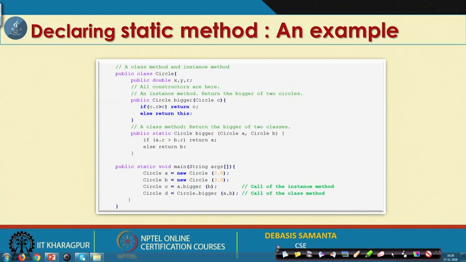Now, let us see one example in the main method. It can clarify how the two methods, the instance method and the class method, are different. So, here is one example.